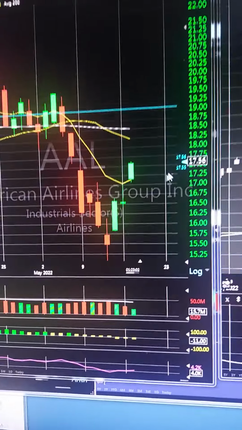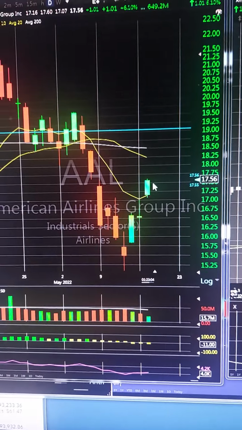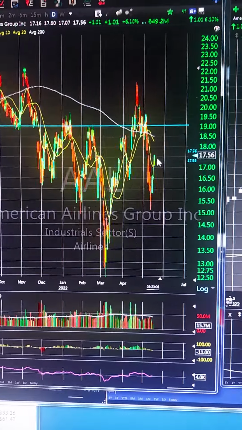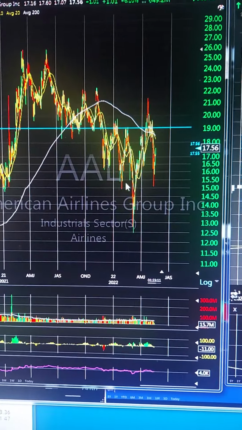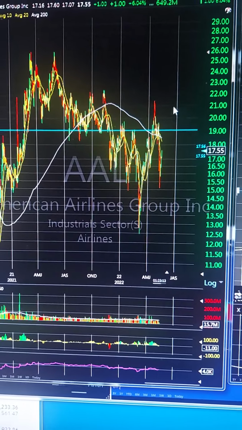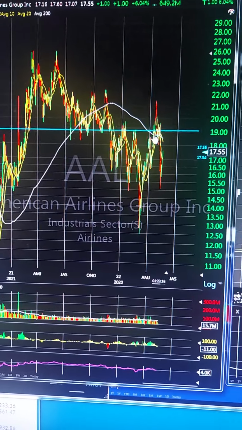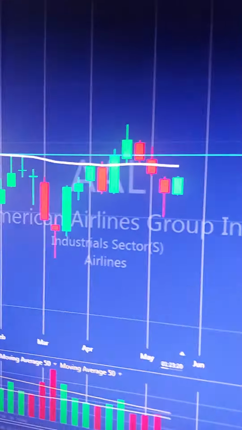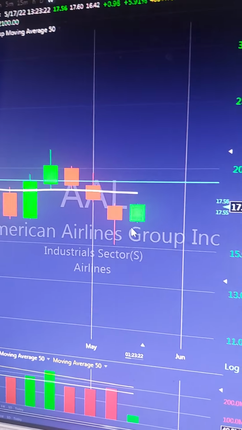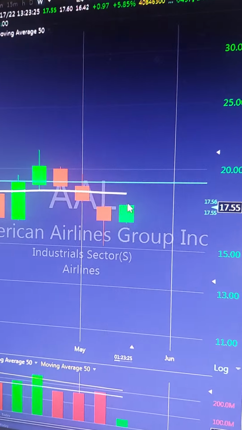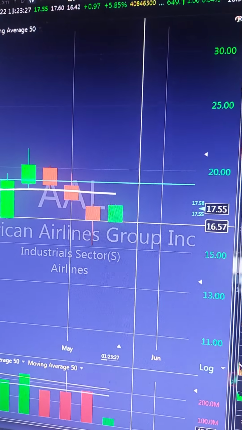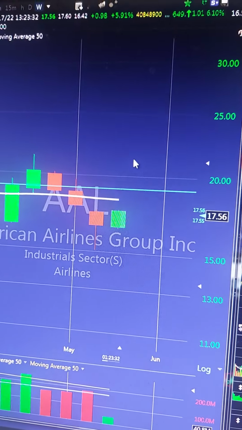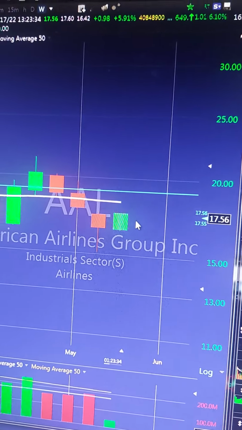And again, today, it's definitely continuing higher. Some of the airlines gave upgrades today. I saw that. So maybe it's an industry group that, after all this down action, is getting ready to at least make another push up, given that first move up to take out these highs. Then we paused, came down, and now we're starting up again. And again, it's this weekly chart, which I think is the key. I don't know where the stop would be once you get in here. I guess at this point, as long as you hold above the weekly open, 16.57-ish, then you watch to see if you can follow through in the weeks ahead. That's maybe what you would do.